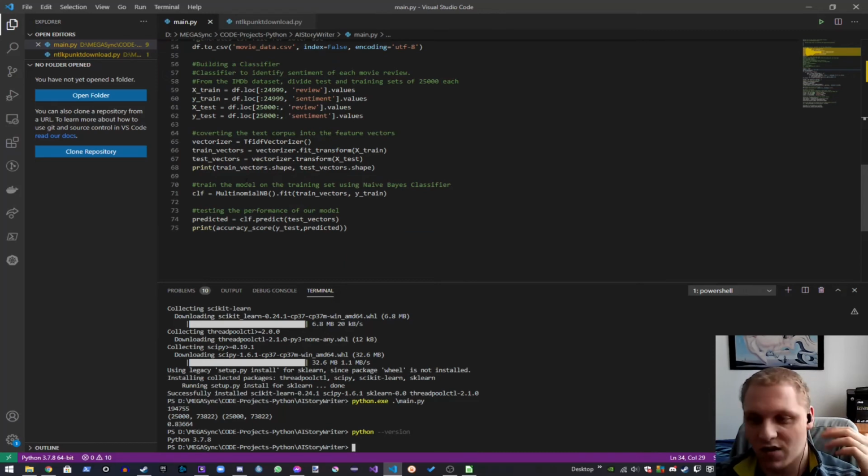Next, we train our model and then test it. So what we need to do is we take all of this and we have to fit it. What fitting basically means is you're taking the model that you've created and you make it train so it can identify a positive and negative review. And what we're doing here is telling it, hey, just train on this data and compare it with the result, which is later on in terms of testing.